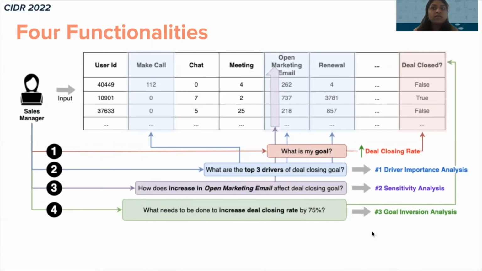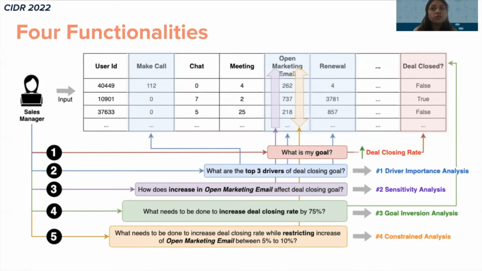However, consider that the sales manager is under a budget and cannot invest in increasing all the activity values to optimal ones as proposed by goal inversion. Such constraints occur all the time in the real world businesses. System D provides the final functionality of constraint analysis that enables users to set constraints on one or more drivers, say increasing the opening marketing email between 5% to 10% and run goal inversion to provide optimal values that satisfy